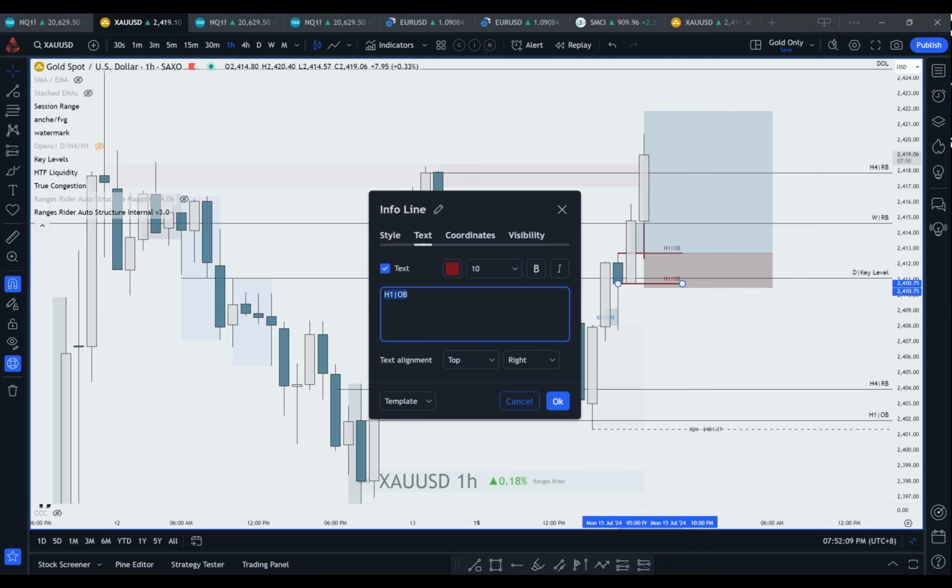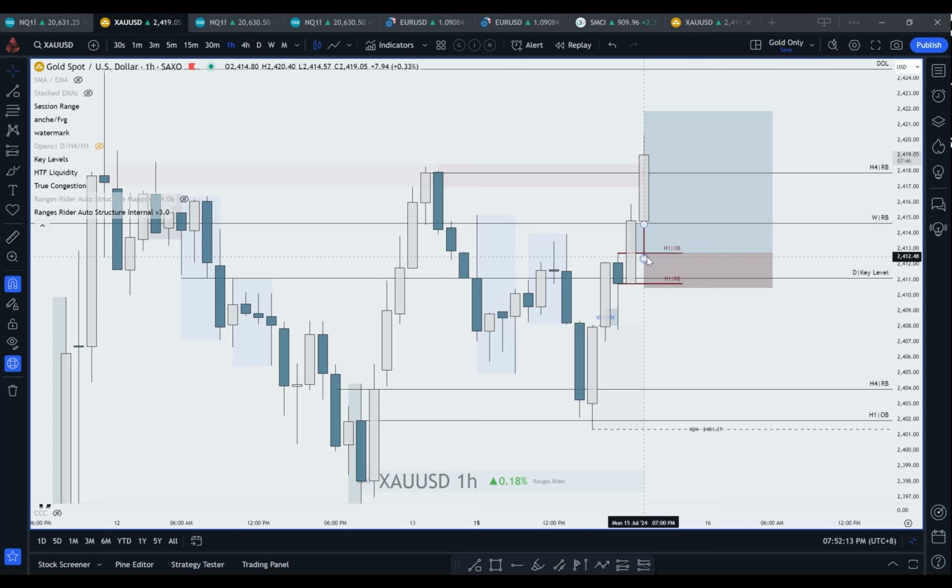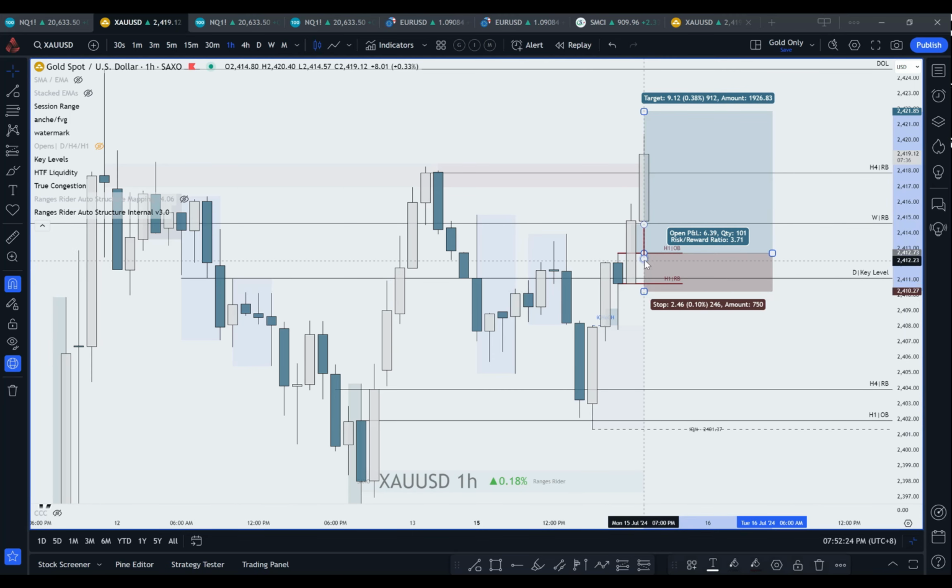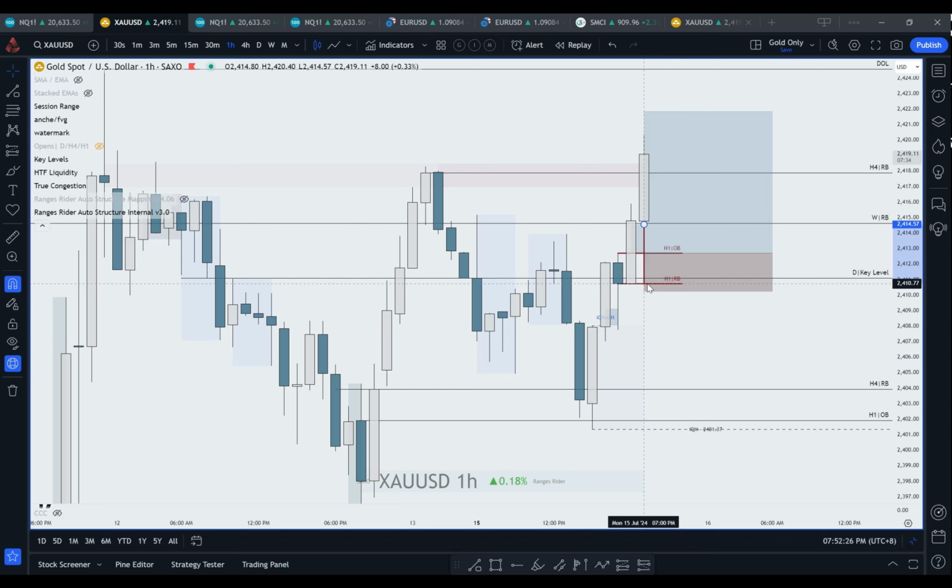This will be the H1 rejection block. So even if you enter there on the M3 time frame, you find the range, you enter there, but your stop loss will be a little bit lower. Who knows, the price comes here, test this one, and then go higher. Also possible, right? So that's why you need to keep an eye into this level as well, not only the order block, but